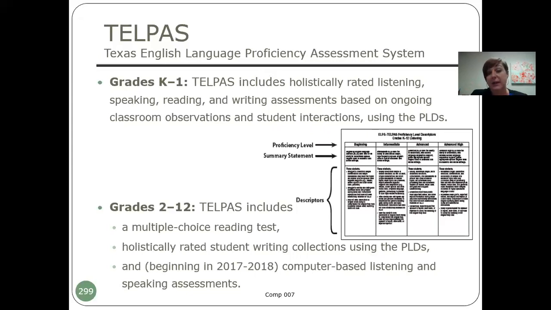assessment along with reading. I think this is good for 2 reasons. 1, it lightens the load for teachers, which that's really great. And then number 2, although I'm sure there'll be some kinks to work out throughout the process, the good thing is it really helps to make those ratings much more objective than the subjective use of the proficiency level descriptor. So I think it's going to be a really positive change as we move in that direction with TELPAS, listening and speaking portions being on that computer-based assessment.